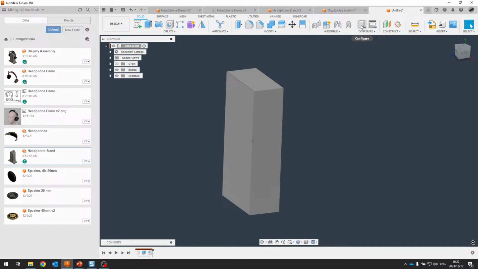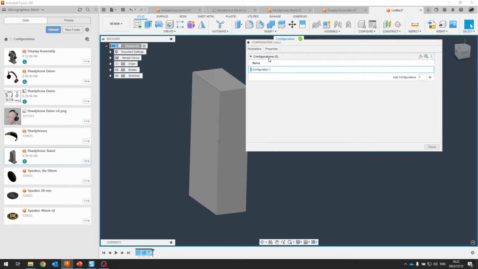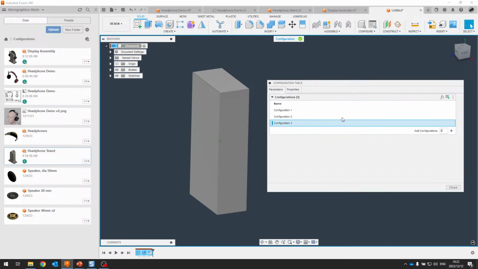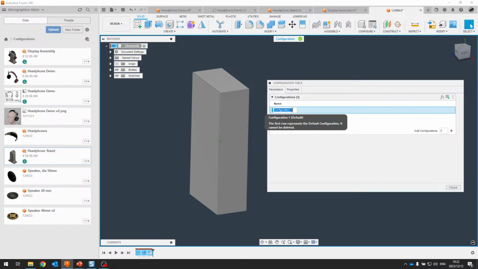So we would go to the configure icon, and that will open up an empty configuration table. Well, basically we have configuration 1, and we can choose to add multiple configurations. So I'm not going to make this too long. We'll just say we want another 2 configurations. And basically what we can do is go to the first configuration and rename it. So I'm going to go gauge block, and let's say this gauge block is going to be 100 millimeters, so gauge block 100,